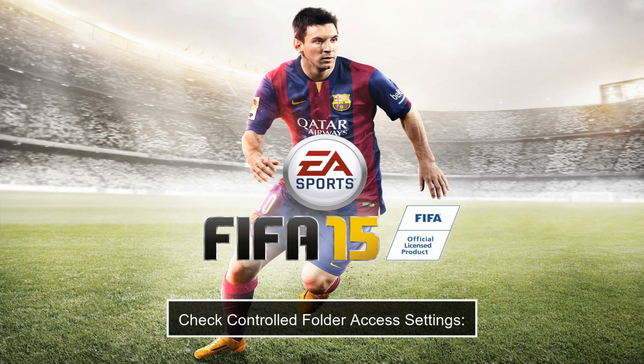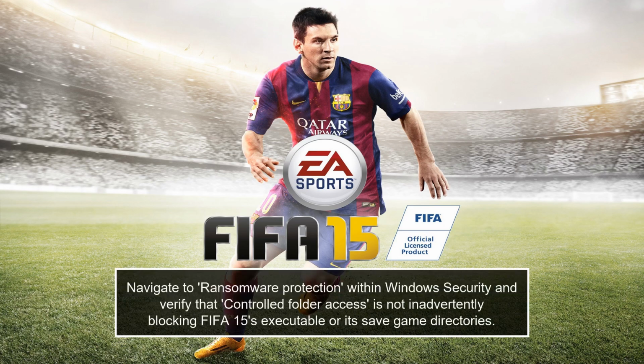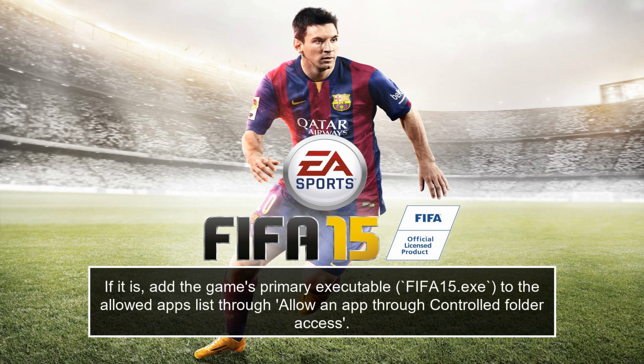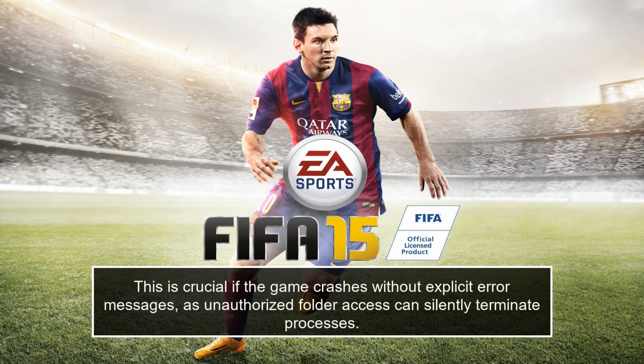Check controlled folder access settings. Navigate to Ransomware Protection within Windows Security and verify that controlled folder access is not inadvertently blocking the FIFA 15 executable or its save game directories. If it is, add the game's primary executable, FIFA 15.exe, to the allowed apps list through Allow an app through controlled folder access. This is crucial if the game crashes without explicit error messages, as unauthorized folder access can